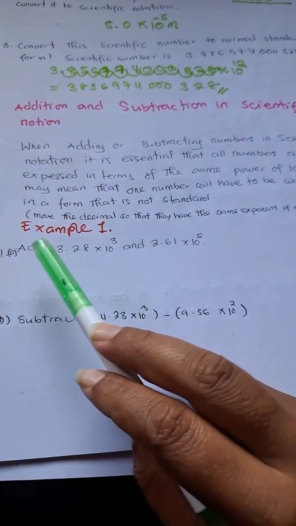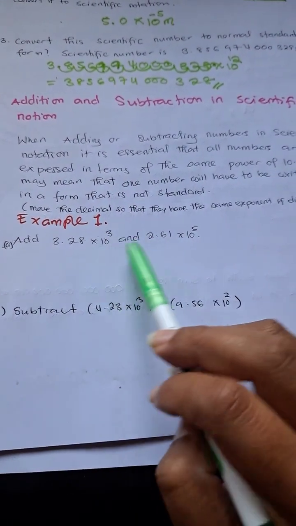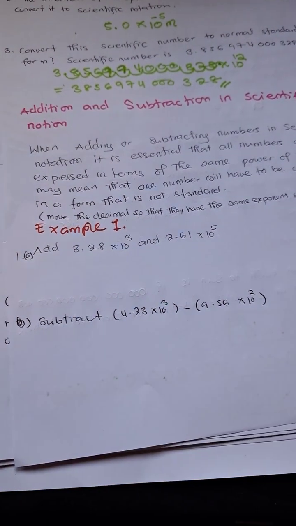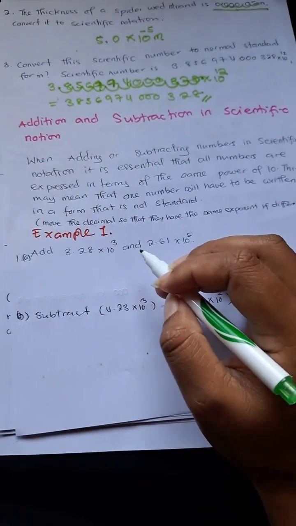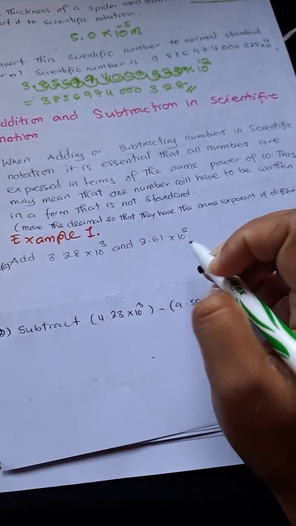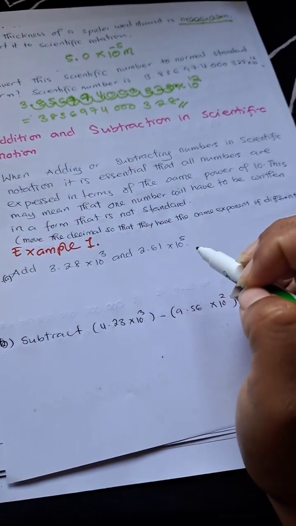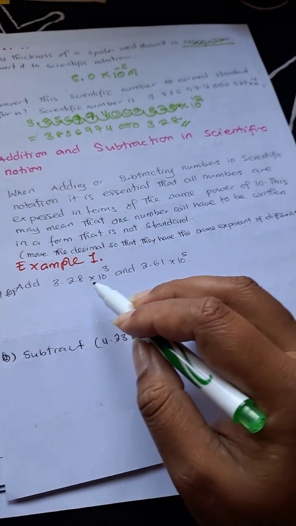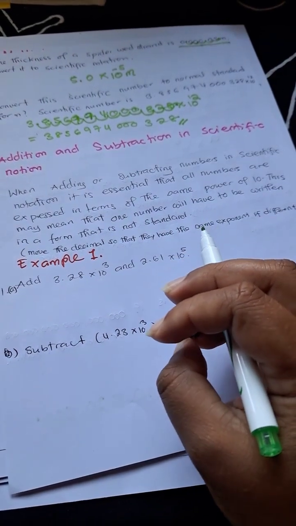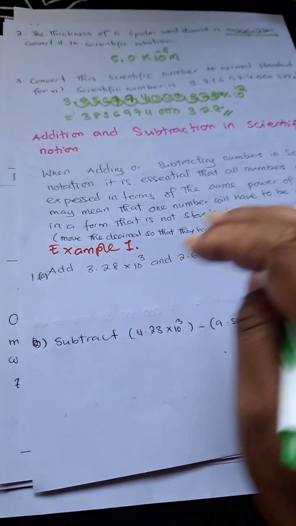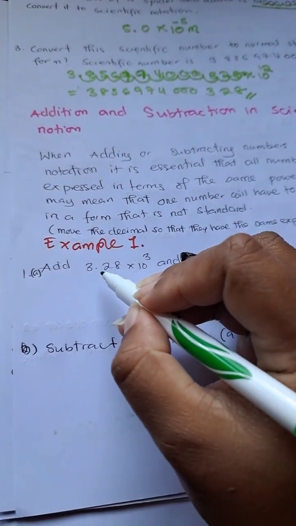But before adding or subtracting, you have to have the same powers if they are different. Now let's do this example. Add 3.28 times 10 to the power of 3 in this one. So in order to add, we have to put them in the same power by putting one of these two not in scientific notation form. So for this one, we choose this one so that it will have the same power as this one, and we'll do our calculation. So we have